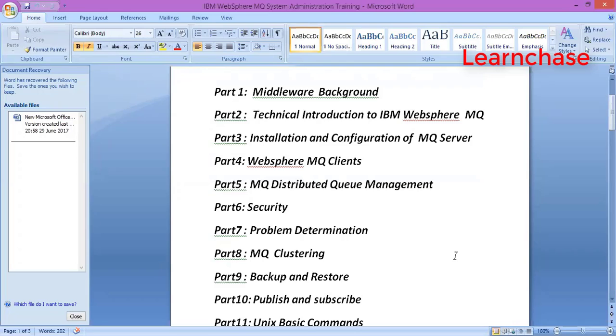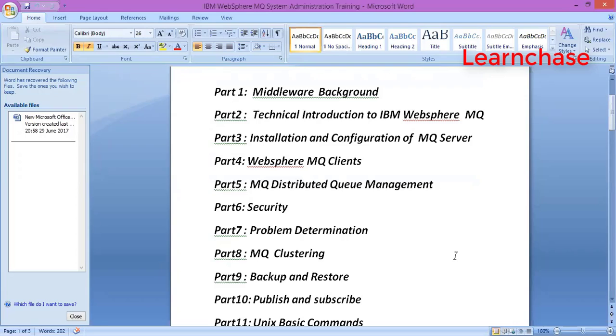And next, the important topic in the MQ is distributed queue management. It's the basic purpose, and this is one of the messaging models. What are all the objects required here for the communication? This is one of the messaging models, distributed queue management. So here I will be covering the triggering concepts and some in-depth look at the objects, the communication with SSL, without SSL, and what are all the issues we come across here. I'll be covering this,